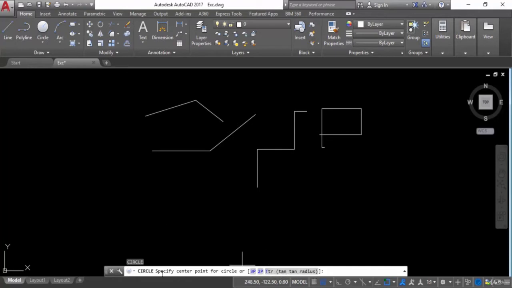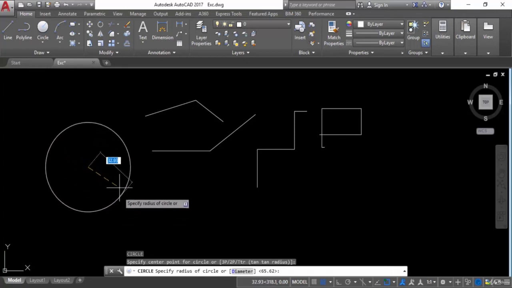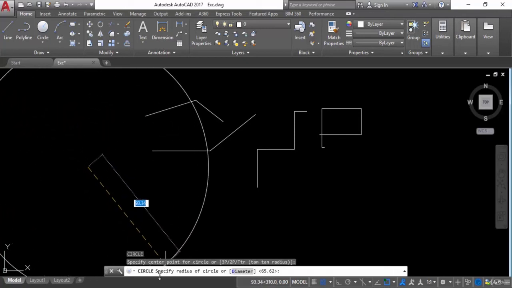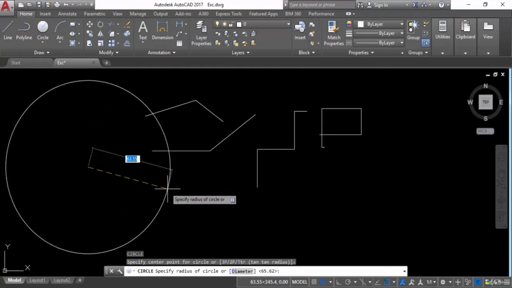Now I will use this option specify center point. So I will give point here anywhere in screen. So now I just click here. Now you can see command line is giving one more option, specify radius of circle or diameter. So now you can draw circle through radius or a diameter, or you can click anywhere in screen, circle will